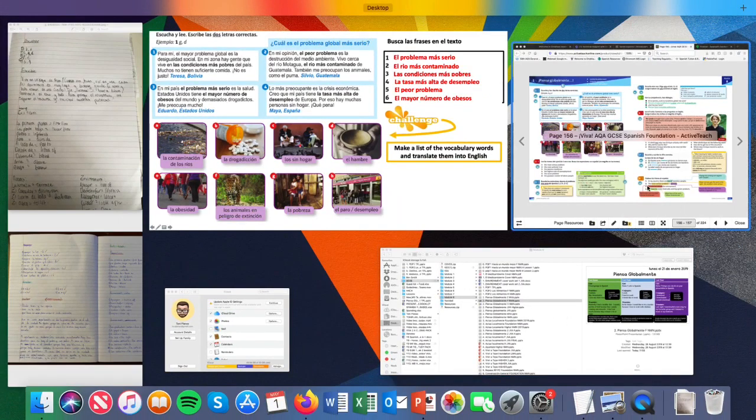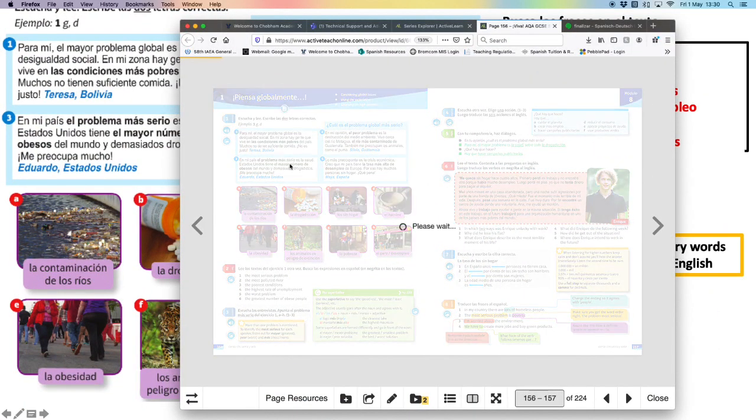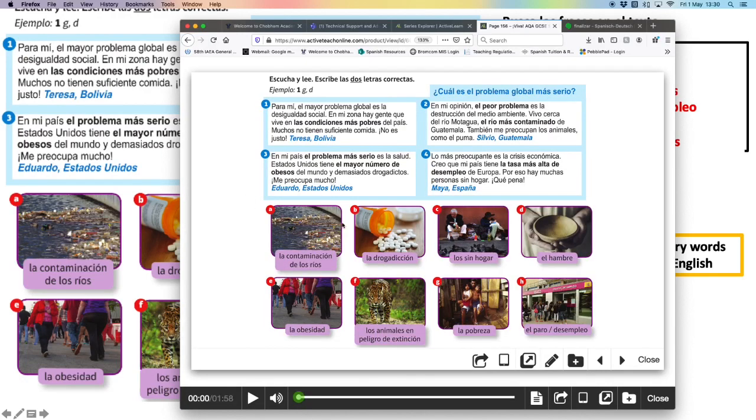Yeah, so I'm going to put it here a bit bigger for you. Yeah, so for example, for number 1, it's going to be G and D. That's going to be the example. Yeah, so they're going to be talking about la pobreza and D, el hambre. Write down the 2 letters for each number. Yeah, we listen to that twice.